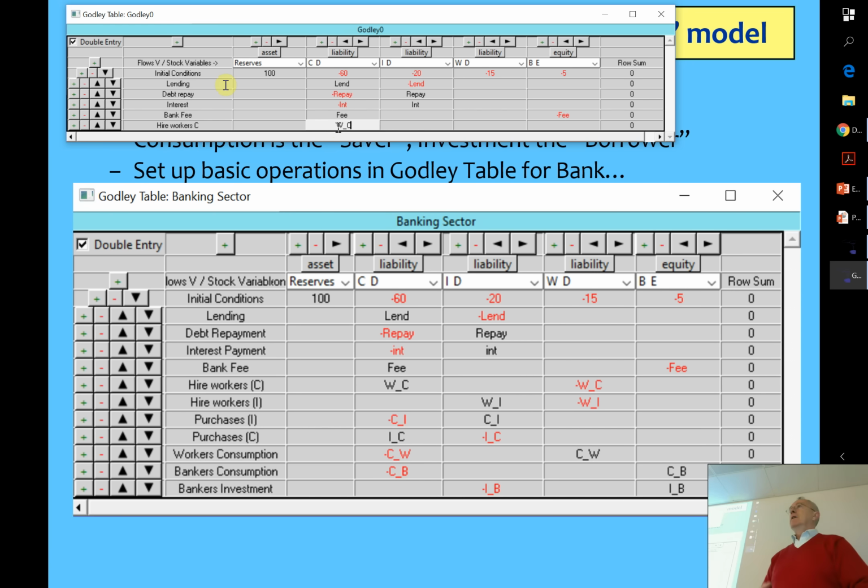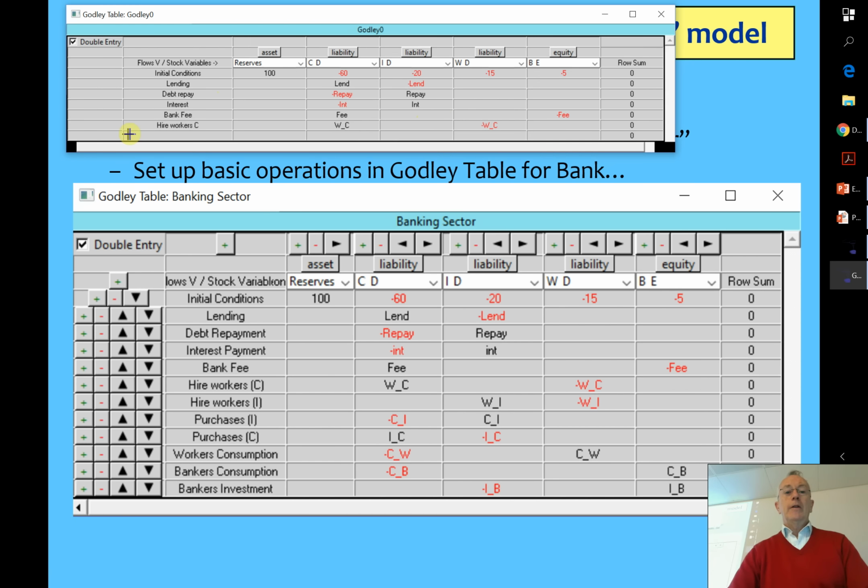We've got plenty of flexibility for languages, Greek, whatever you want, because Minsky supports LaTeX, so it has the capability to use any code at all. But let's just use underscores at the moment. I'll show you another trick in a moment that makes that better again. So, and then minus W_C, the wages end up in the account of the workers. Then we're going to have the investment sector doing the same thing. So that's going to be a payment of W_I going from the investment sector across to the workers.